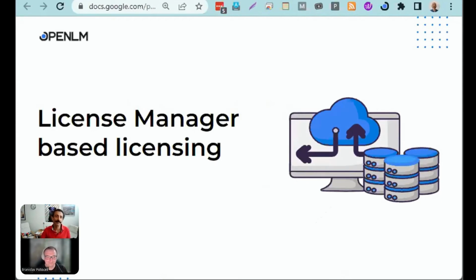Okay, so license managers, based licensing. Traditionally this was provided as an on-prem installation. You install it within the organization. There are many examples of license managers that we get. It's currently moving more to the cloud, so we see more and more cloud license managers. And the more common model of licensing is now named users. So that's what we mostly see.